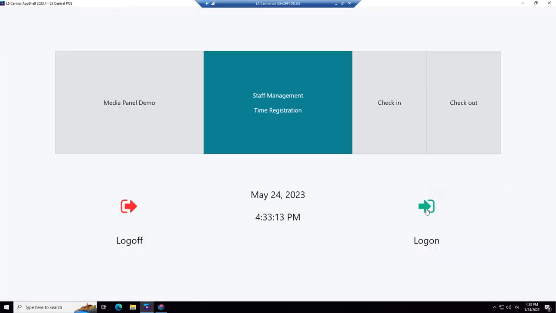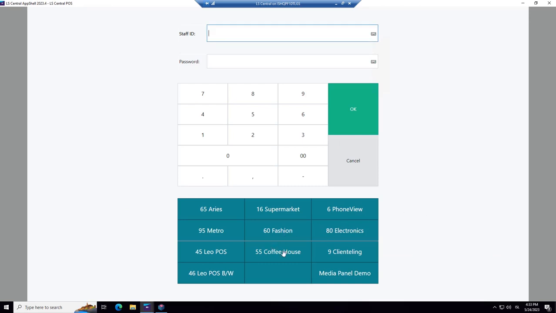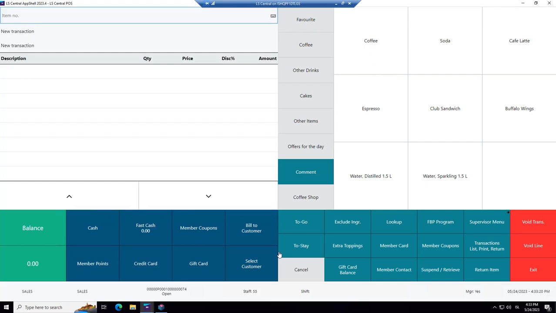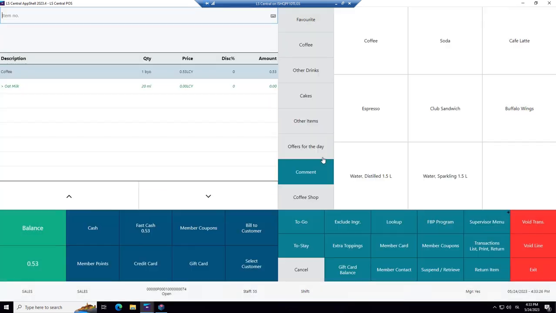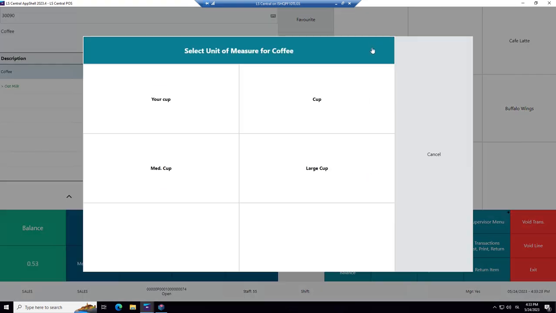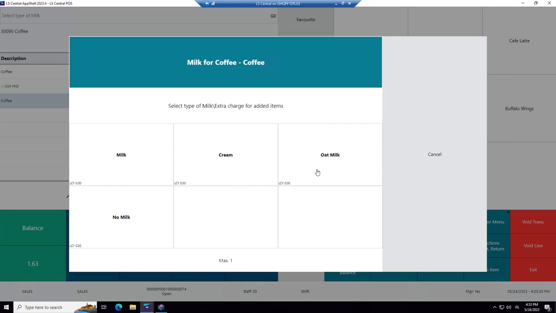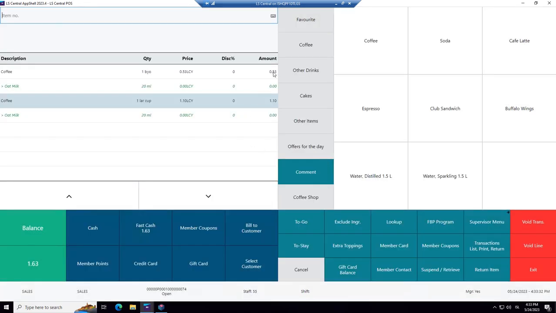The next thing to do is to go into the coffee POS. You see here a coffee house. And sell the coffee item. So here we have the coffee item. And we're going to sell it in a regular cup with some milk. And another size of a cup, large cup, with some milk. And you see it's sold in different prices. Remember, we looked at it in the section to see how we could have different prices for different unit measures per item.